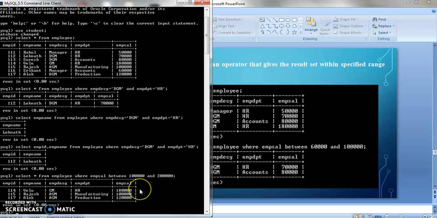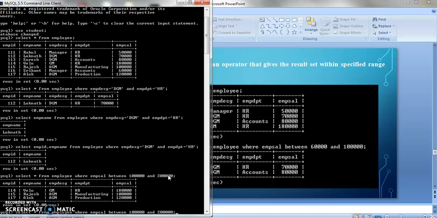So you can see, in the between it is taking 1,80,000, 1 lakh and 1,20,000. It means it is taking 1 lakh inclusive. Okay, so between will take the extreme points of the range. If there is a range, it will take the extreme points. That means it will take 1 lakh and 2 lakh. Okay, so this is all about the between.